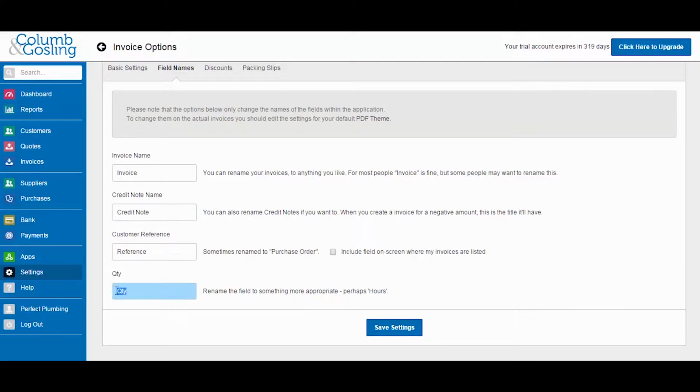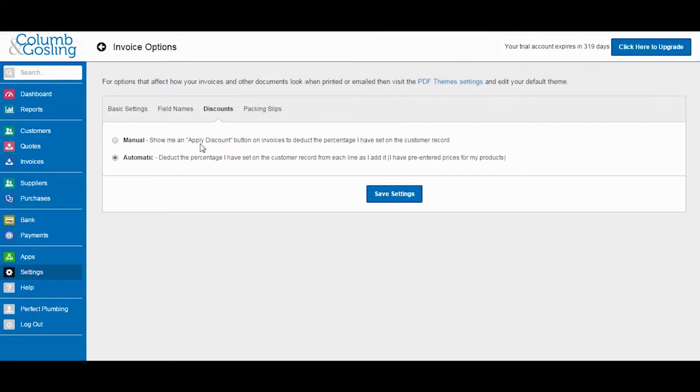Also, you can relabel the quantity field to something like hours or days, or something that's more appropriate to fit in with your business. If you go to the discount tab at the top of the page, you can choose